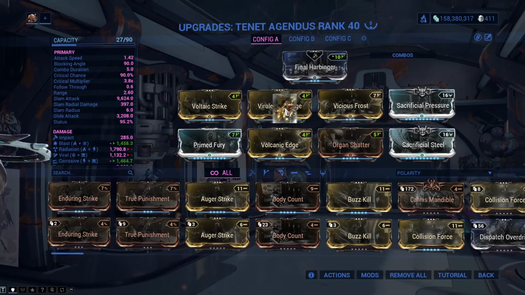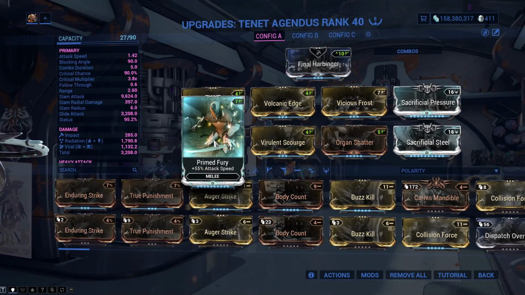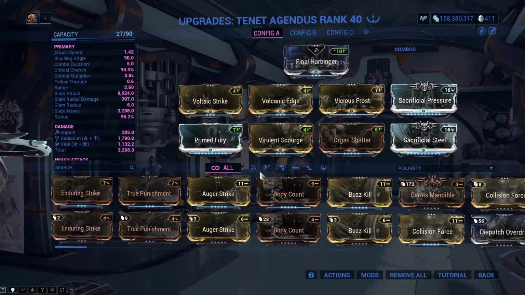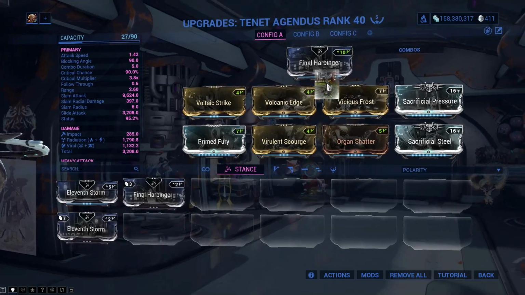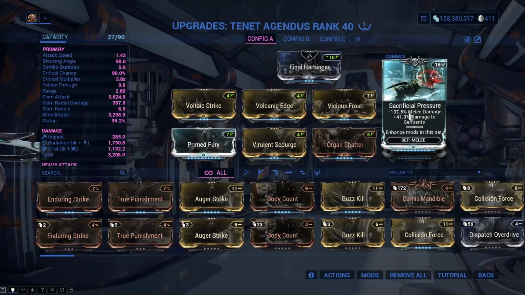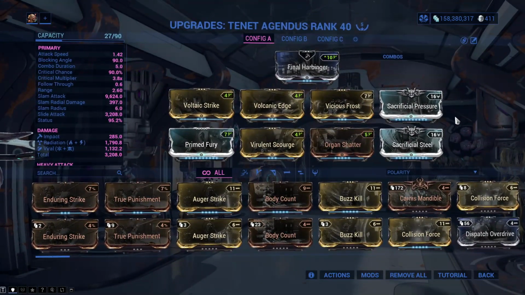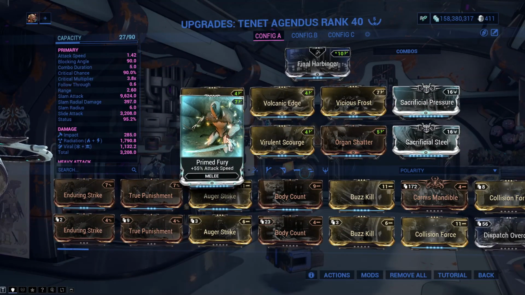Corrosive or Blast, or Radiation or Viral. You can run it however you want to. I did find the Primed Fury helped this thing an absolute ton. How you actually run this would be completely up to you, however, because you could swap that out and you can go for 11th Storm instead of Final Harbinger. That doesn't really matter too much, but mod-wise, I would say Sacrificial Pressure Point, Sacrificial Steel, the 4 elemental mods aren't necessarily a must. Organ Shatter kind of goes in there, which just leaves the 1 mod slot to, well,